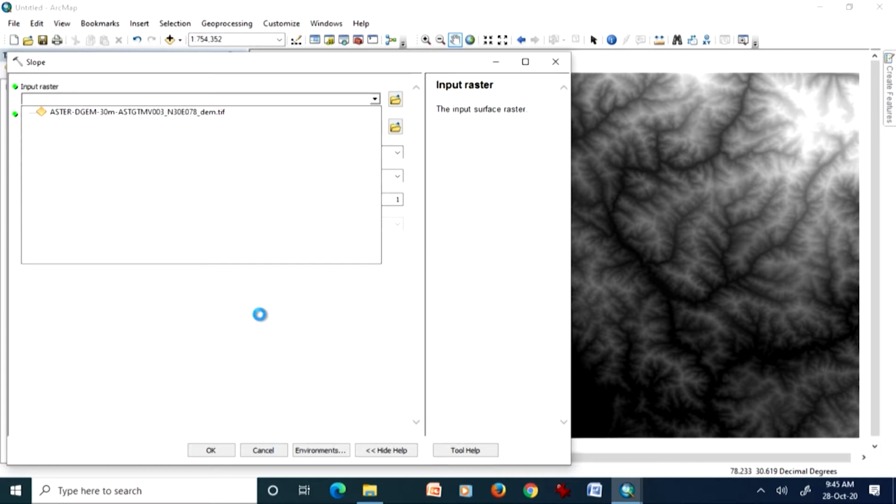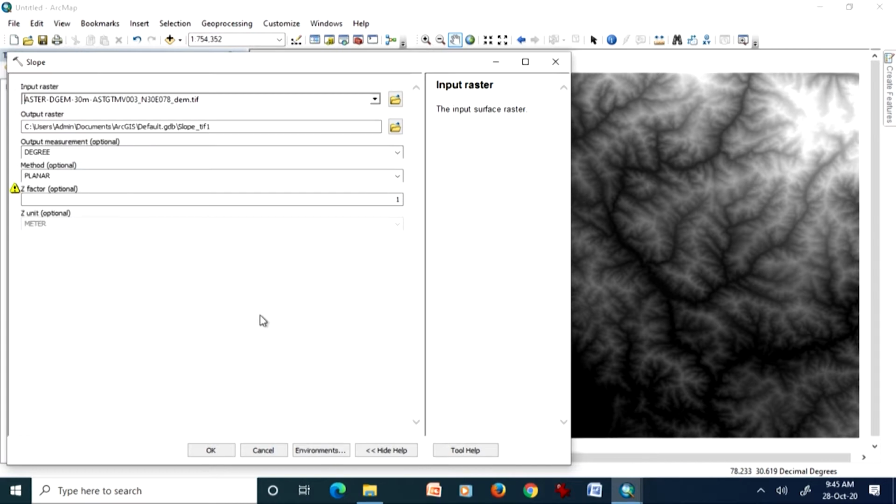Of course, you have to provide where the results would reside. So, I accept whatever is the default folder, and the output is going to be in degrees, and the method planar. So, first we will do it with the planar method, and if by mistake